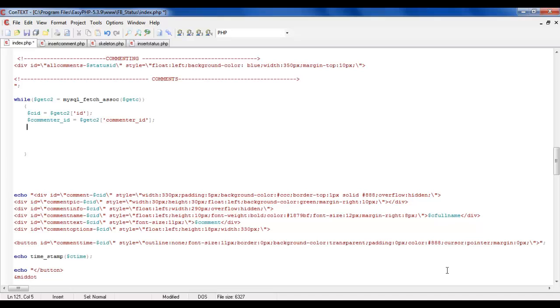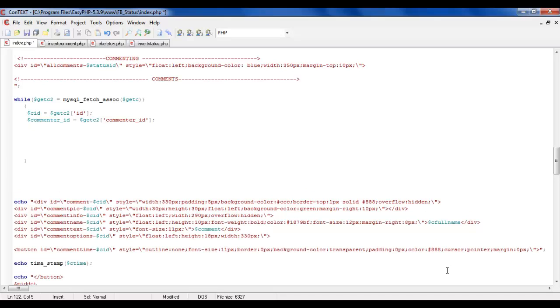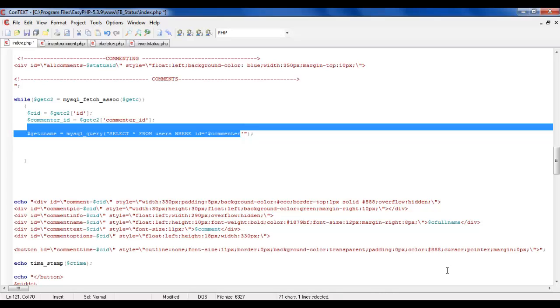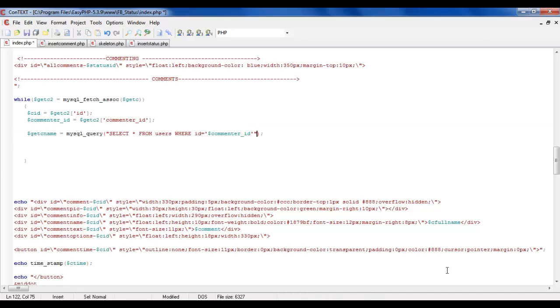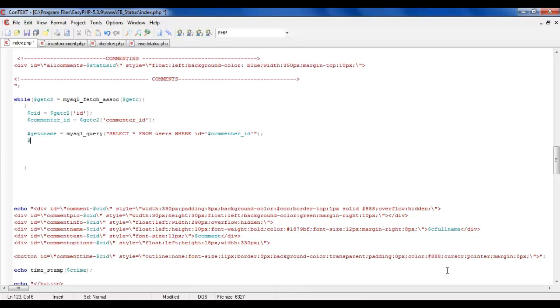Using the commenter ID we can actually get the name of the commenter, and we can do that by get CName is equal to MySQL query, passing another query there, select everything from users where ID is equal to commenter underscore ID, and get CName to